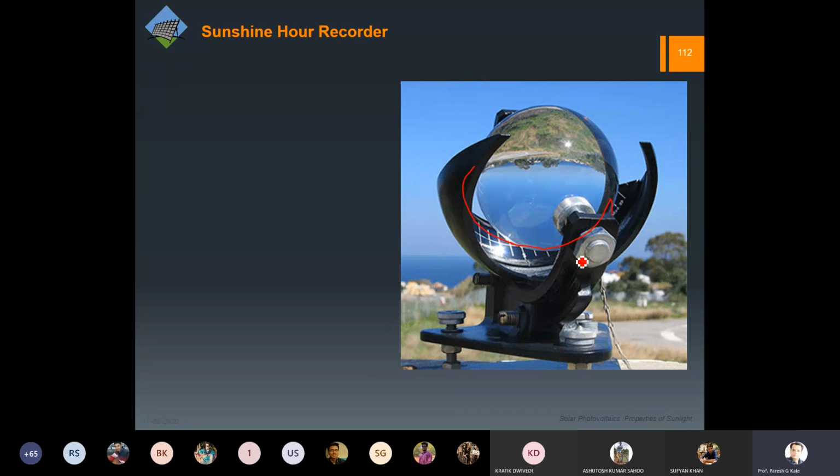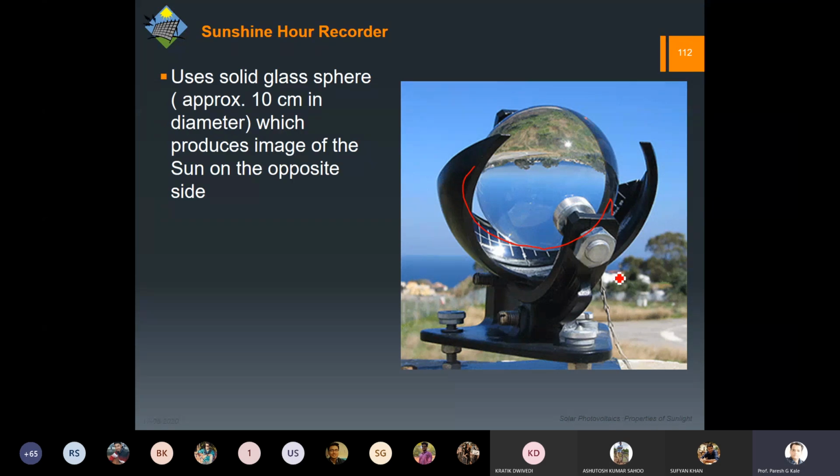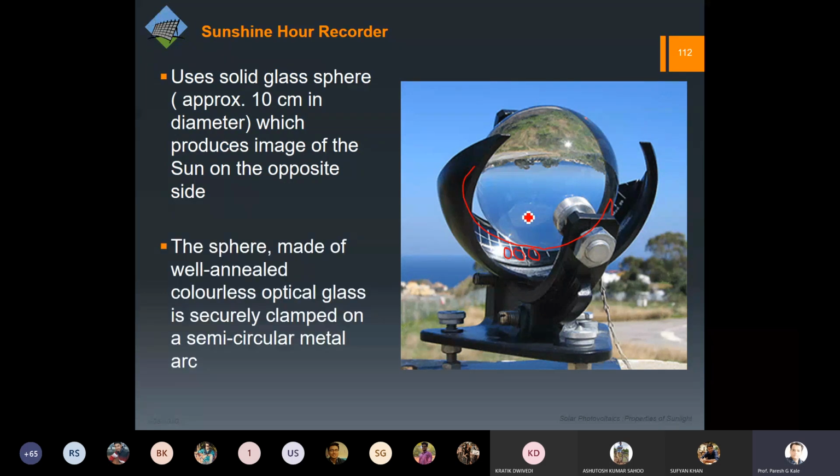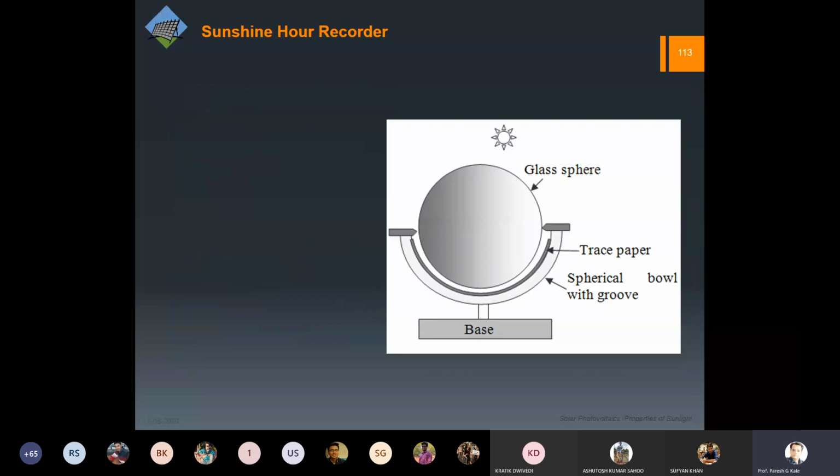Depending upon the length of the burn on the paper that we put over here, we can find out the length of the day which is strong enough to burn it. So we can find out the sunshine hours. But if we want more precise data, you can see that the solar cells themselves are over here. Depending upon how much electricity this particular panel, which is placed below this round ball, produces, we can find out the intensity over here.